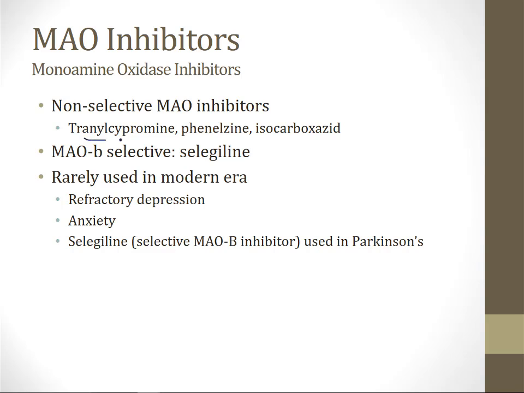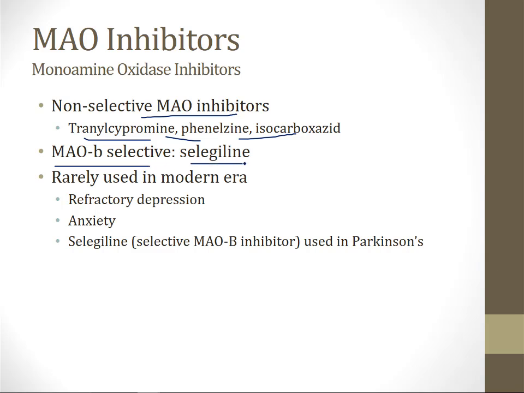They were tranylcypromine, phenelzine, and isocarboxazid. These were non-selective MAO inhibitors that inhibited both MAO-A and MAO-B. Nowadays, there is a drug sometimes used to treat Parkinson's disease. It's a selective MAO-B inhibitor, so it only boosts the levels in the brain of dopamine, and that drug is